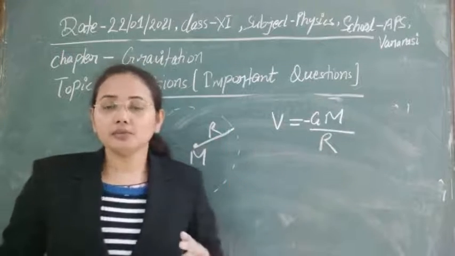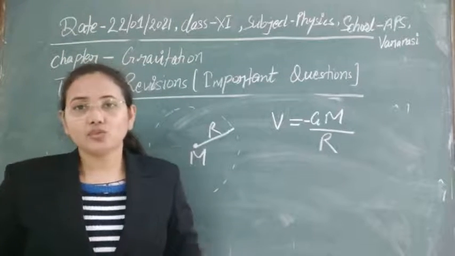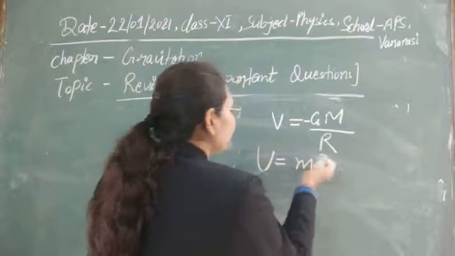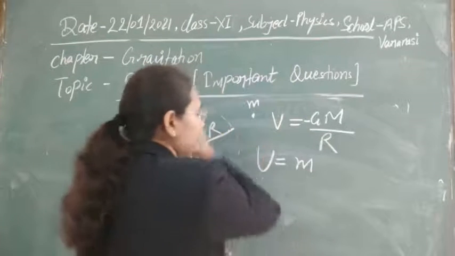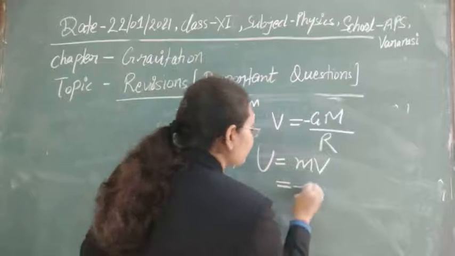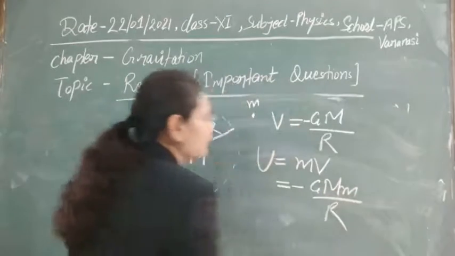Then due to change in position, the potential energy that is stored in that mass is known as potential energy. Potential energy is defined simply by the mass of the body that we are bringing into the potential developed due to this system. So finally, this gravitational potential energy is given by GMm upon r.